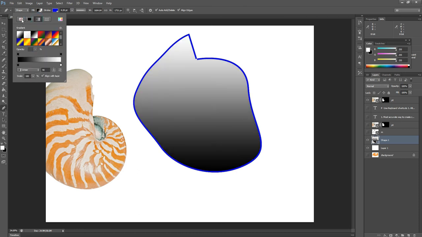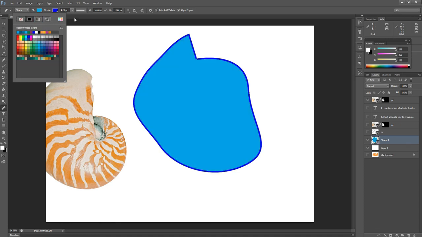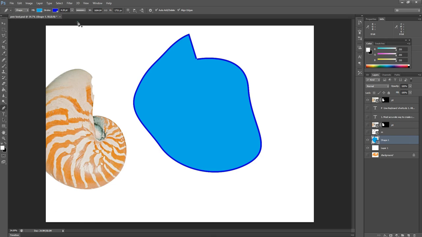While we create any shapes, we can fill the colors, we can change the outline color, we can also fill the gradient color. So this is the Shape option in the Pen Tool. We have another option, the Path option in the Pen Tool, so we can use both options, and we can draw any shapes and select the object. So this is all about the Pen Tool in Adobe Photoshop.